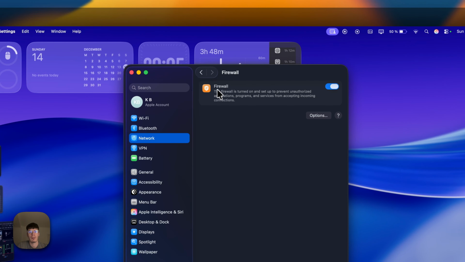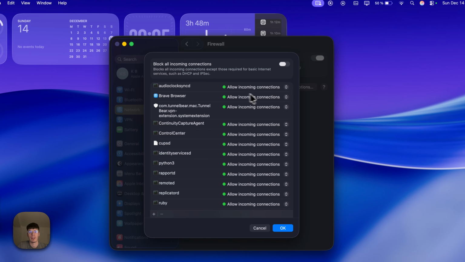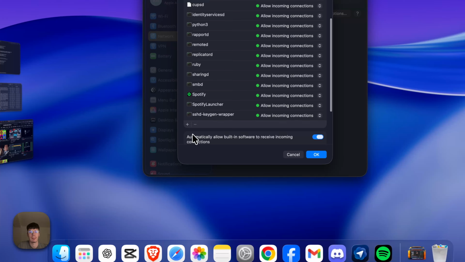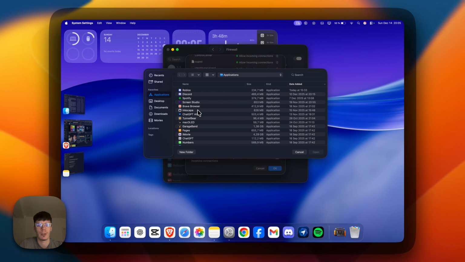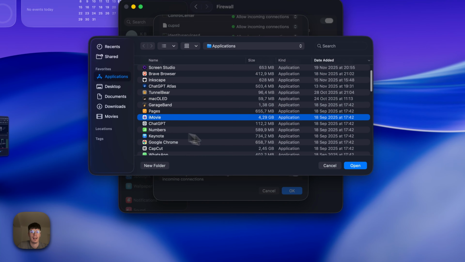Here make sure to enable the firewall and next click on Options. This window will pop up and here we want to click on this little plus down here. Now find the application which you want to prevent from using the Wi-Fi on your MacBook, for example iMovie, and